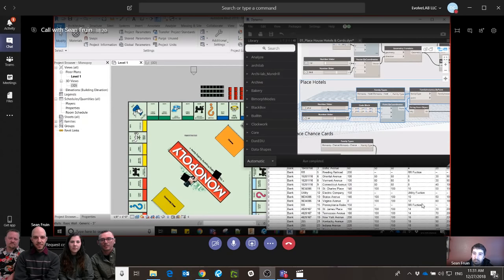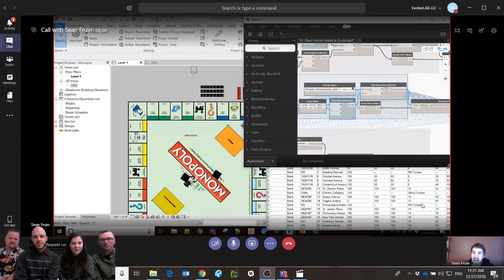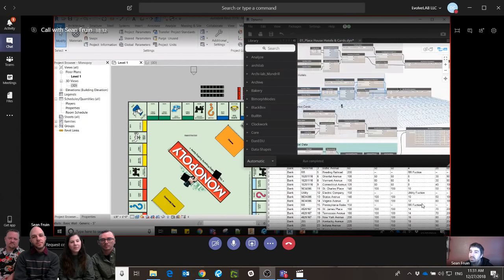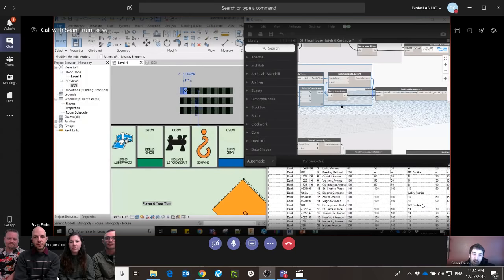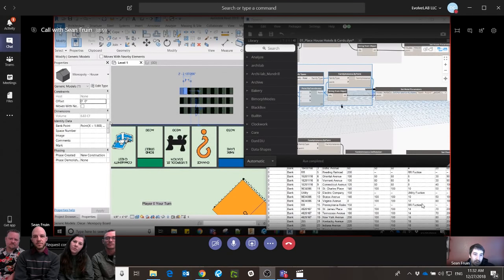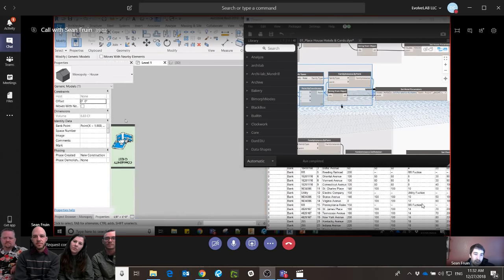I like it. And then of course, these can move there. So the whole idea now is that we have this family, we set all those to 12, and now you see this a lot where we set a family, now we want to apply parameters. So here we're just putting a parameter in here called bank point, and that's really going to be used for, like, if you have a house on a property and then you want to sell that property, this will become our point to put this house back into its location. So each one of those houses being tracked is known by where it's placed in the geometry. Right, it knows where it's being placed, and if we go in here and look at the parameters now, we see that we applied this point parameter to,